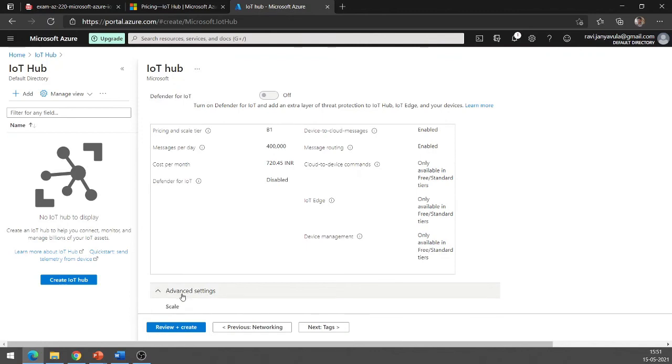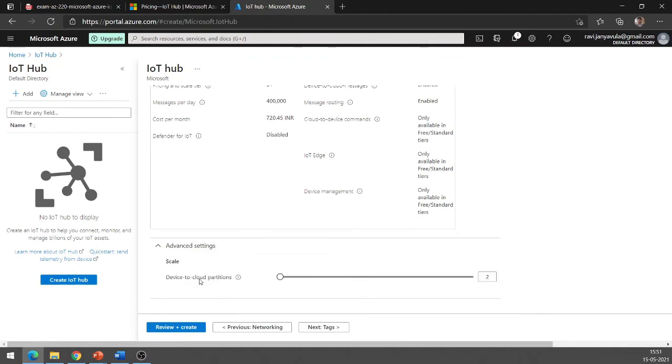And if you go to advanced settings, here you can see scale. You can see device to cloud partition. By default, you are getting two partitions, right? This device to cloud partitioning is nothing but the more partitions you have, the more parallelism you can get.